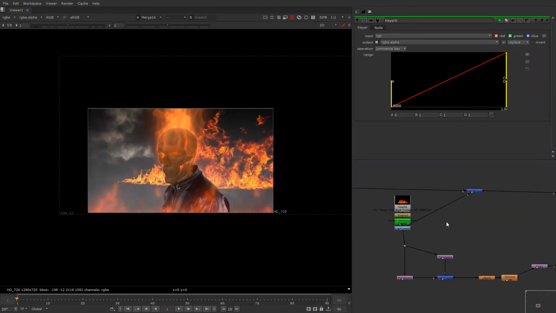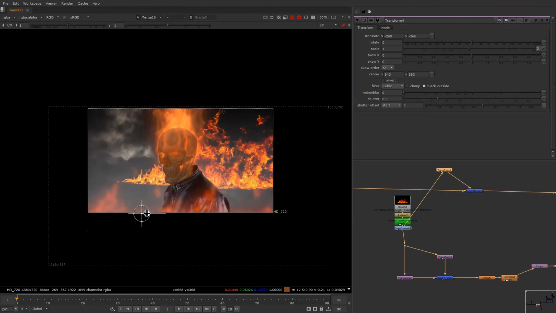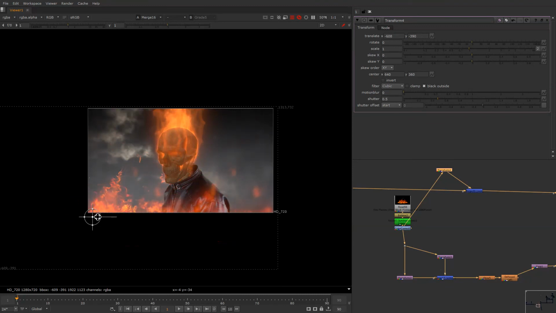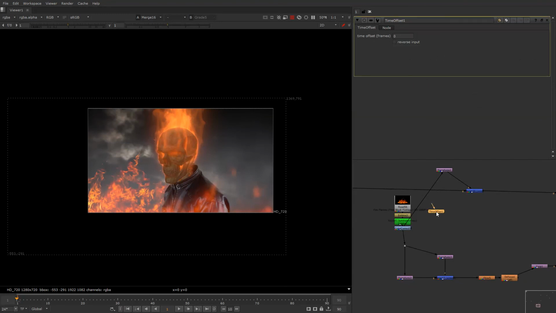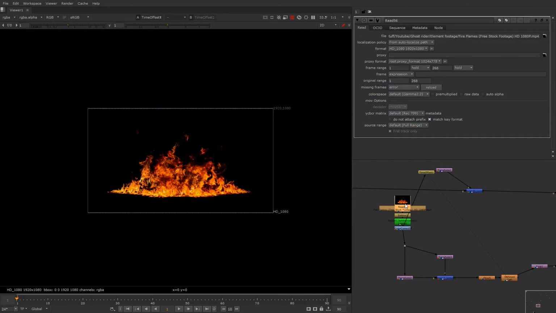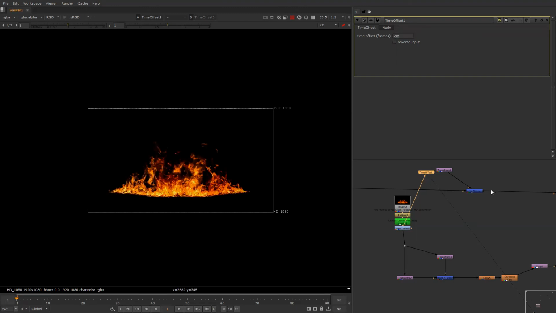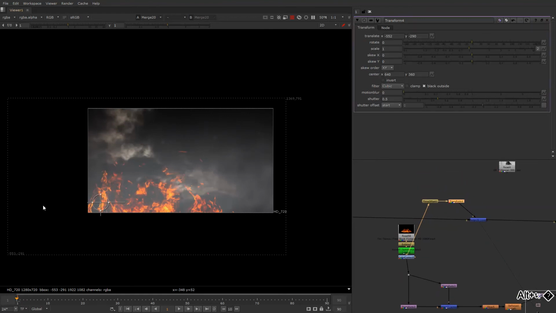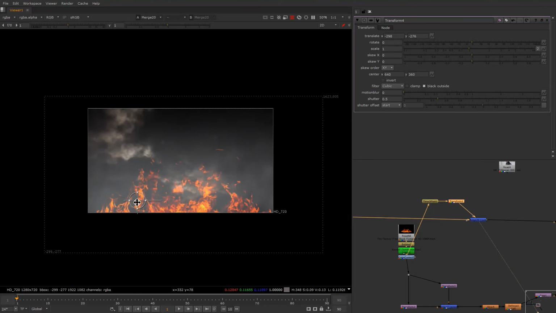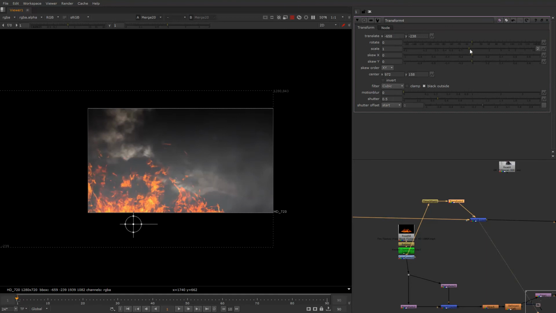We'll take this fire again, and we're gonna add it in behind the CG character, sorry, the Ghost Rider, and we can time offset this one. By how much frame is this, and after retime how much is left. So definitely we can offset it by 30, something like this in the BG. Definitely we'll place it, scale it down slightly,